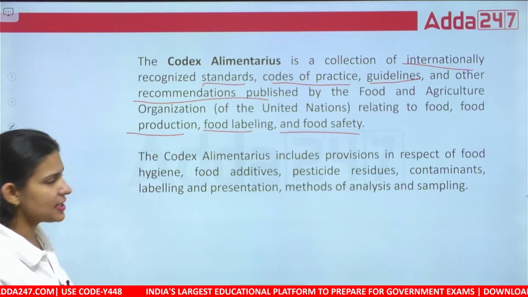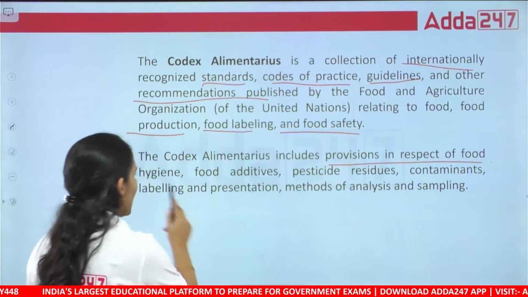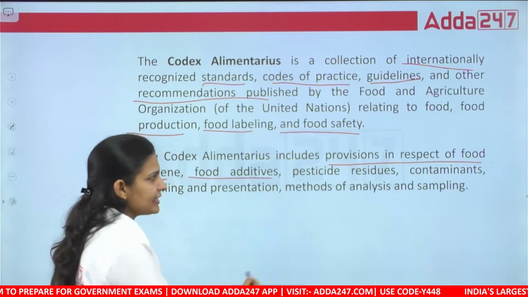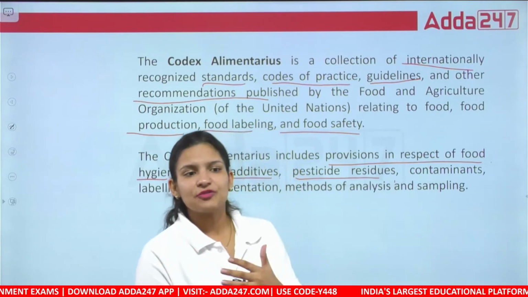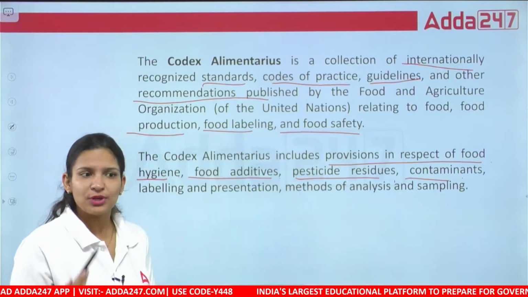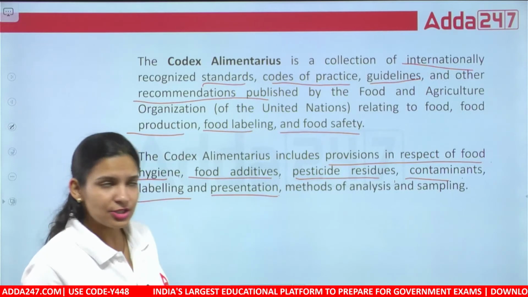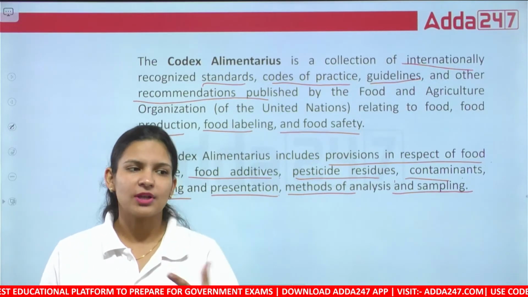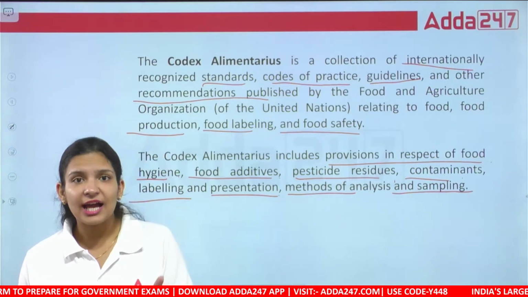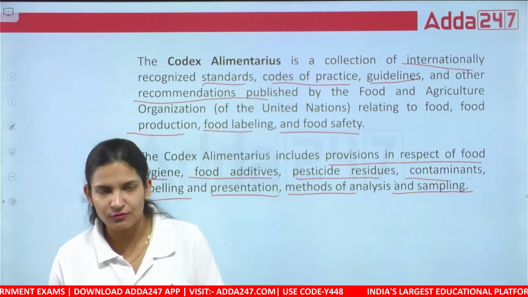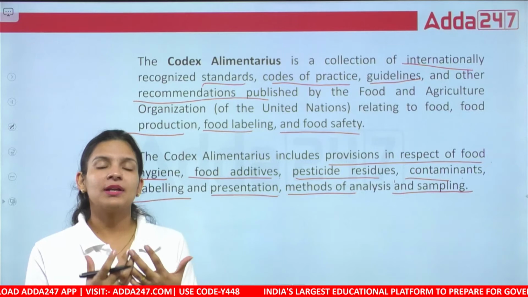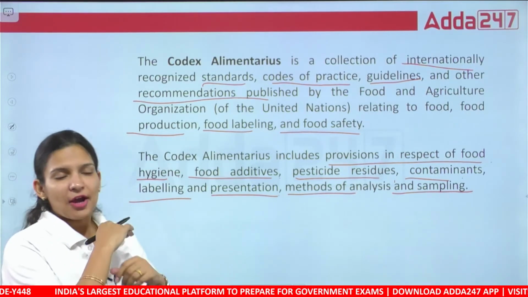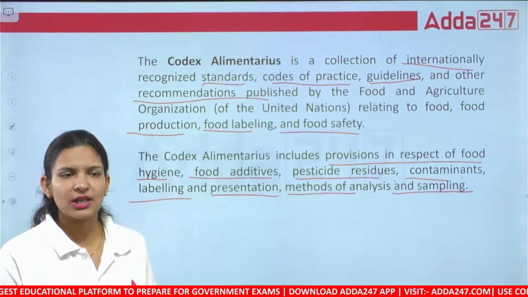So the Codex Alimentarius includes provisions in respect of food hygiene, how the food is being prepared, whether it is prepared in hygienic conditions, what food additives are being added to the food, what pesticide residues and contaminants are found in the food, the labeling and presentation of the food, and methods of analysis and sampling. If someone wants to sample the food or check out different tests on the food, what are the guidelines for different tests, how much sample must be taken, and what is the proper standardized procedure for those tests? Hygienic conditions, additives, every standard has been mentioned under this Codex